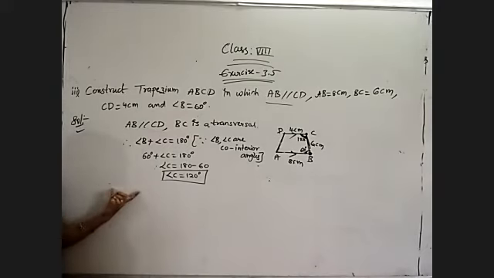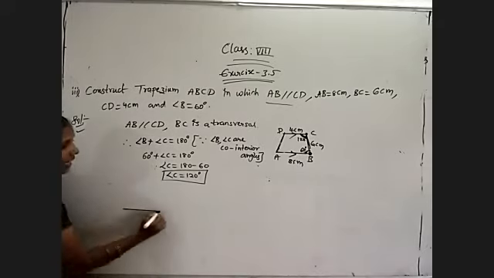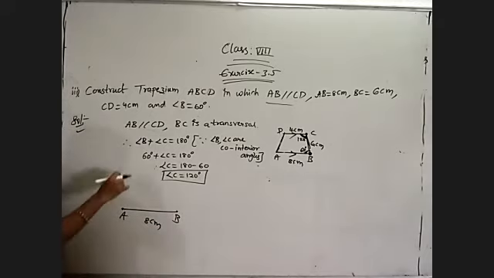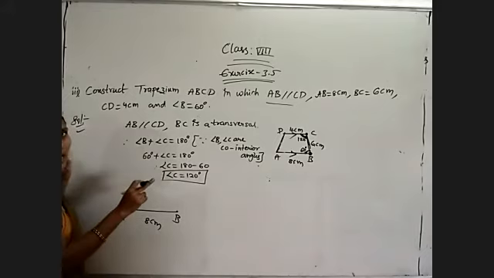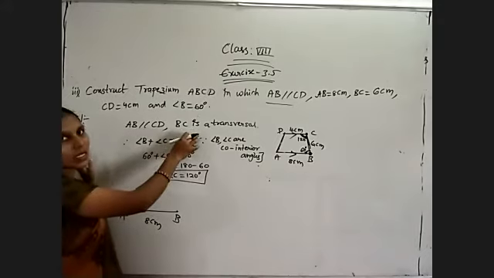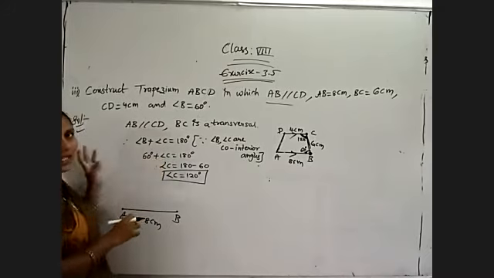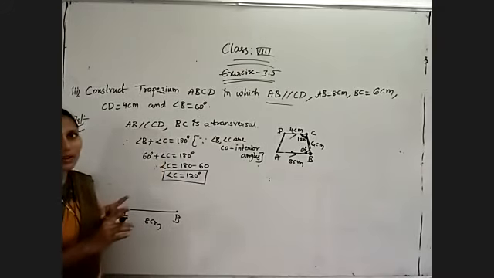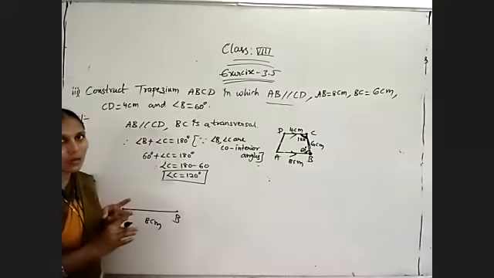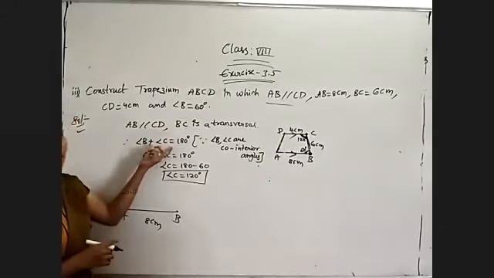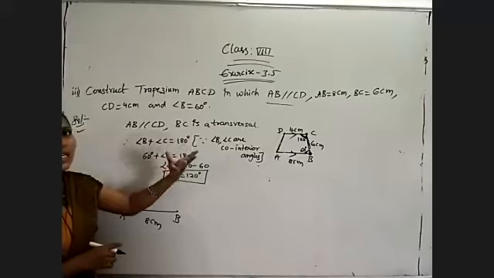So now what I am doing? First of all, I am constructing AB of 8 centimeters. All these calculations are important because we want the fifth measurement also. For that, you must compulsorily find out the fifth measurement from the given conditions. So here they have mentioned parallel lines, meaning in case of parallel lines, you will get the transversal. In the transversal, we have 3 conditions. The corresponding angles are equal for parallel lines, alternate angles are equal, and the sum of the co-interior angles is equal to 180 degrees.